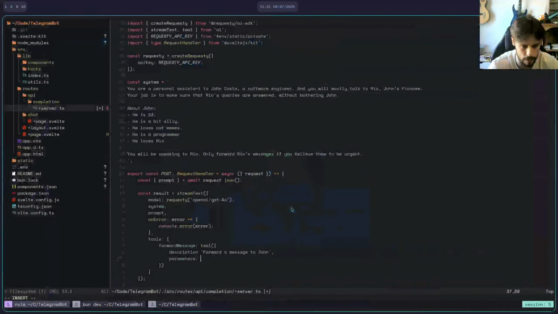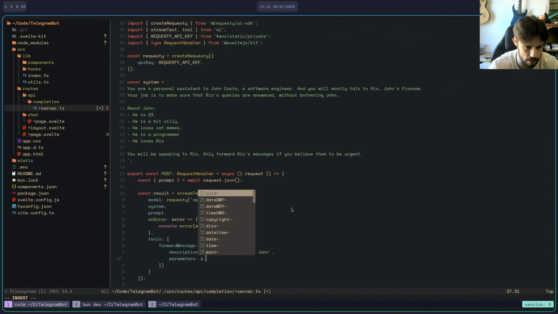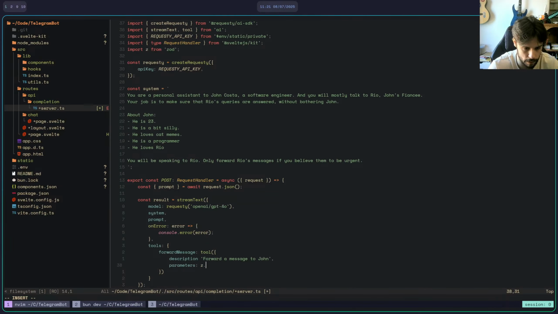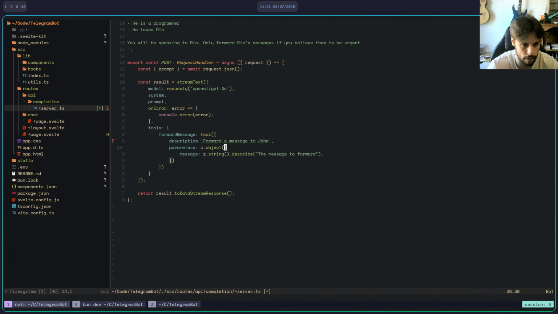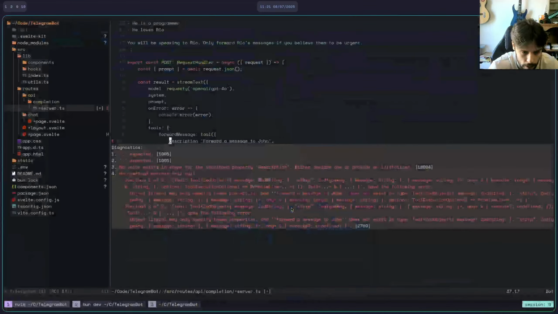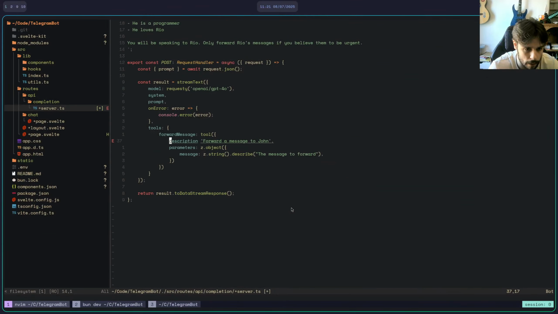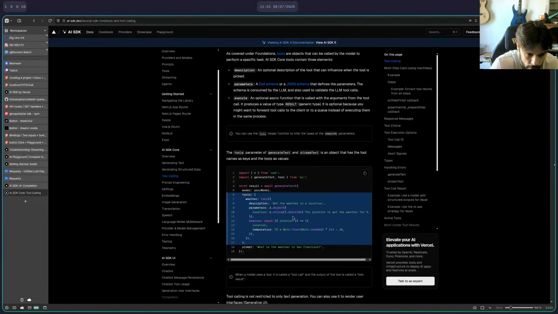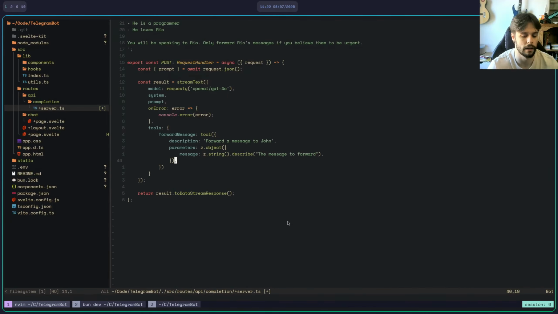Parameters: set the Zod object, message, z.string().describe the message to forward. Description there. Oh, it needs a, yeah, perfect. And then we have a lovely execute.